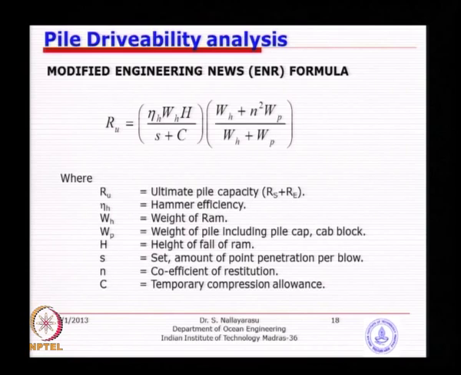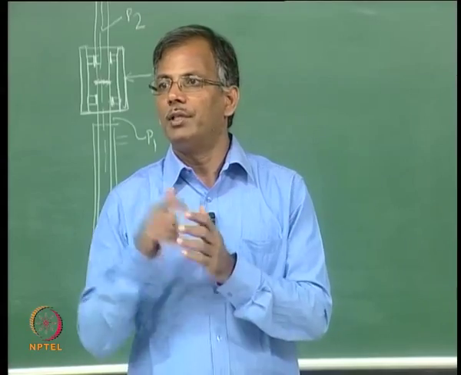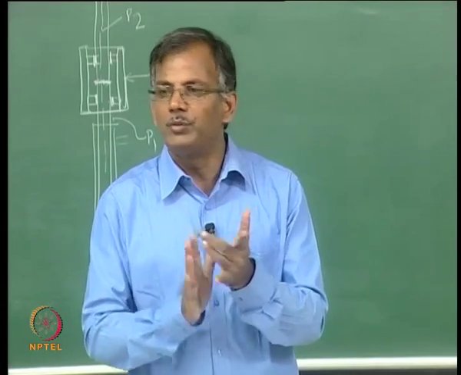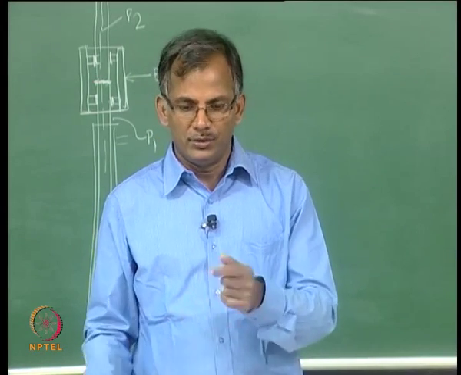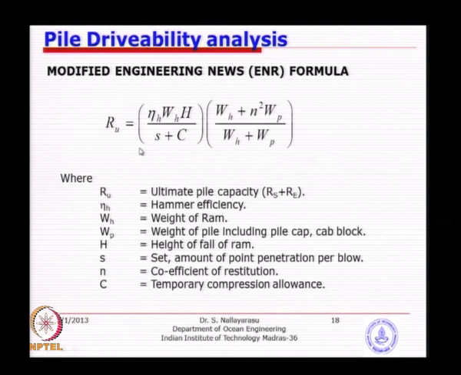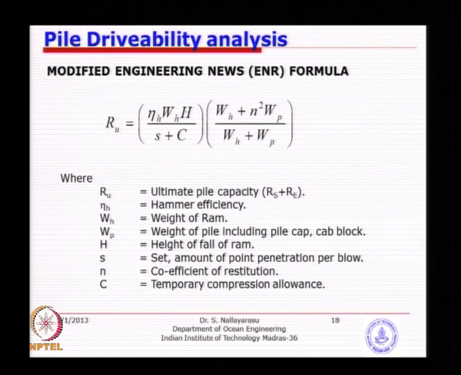If it is less than 1 inch, then the selected hammer is suitable. Suppose you select a hammer so big that the S values are larger, then that is not going to be acceptable. So you have to bring down the hammer for a particular capacity. You do not need such a big hammer, because for the same pile and same soil, a different hammer will produce different results. That is where this simplified formula became very useful, because you need only 5 minutes to do this calculation, whereas the one that we are going to learn takes several days and several weeks to model, and of course, it has its own advantages and disadvantages.